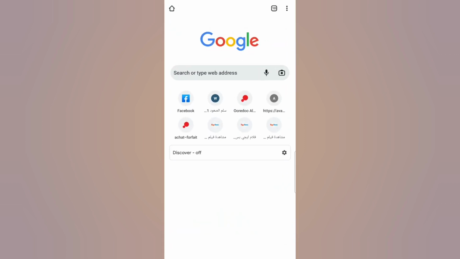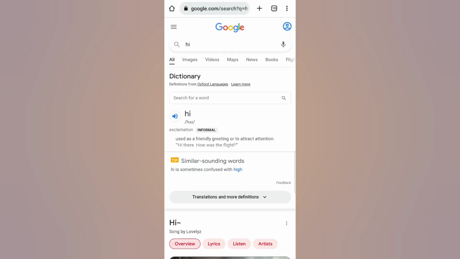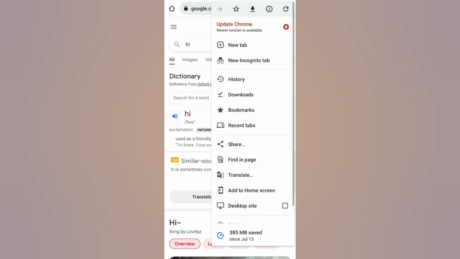So go ahead and open up Google Chrome, and as you can see, Google is set to be the search engine, meaning that everything I search for will be given to me in Google search results. So say for example I wanted to change this from Google to Yahoo or to Bing or to any other search engine. What I need to do is I need to click on the three dots at the top right,